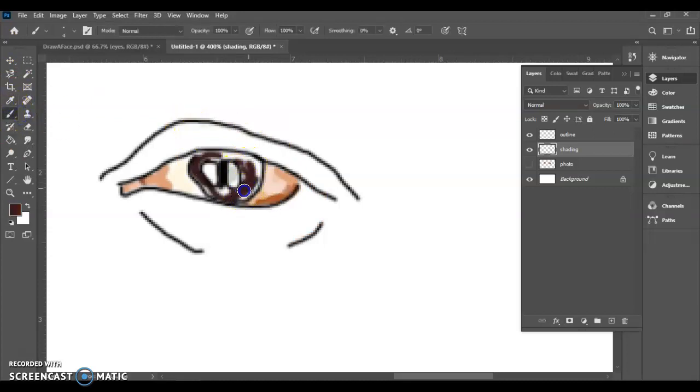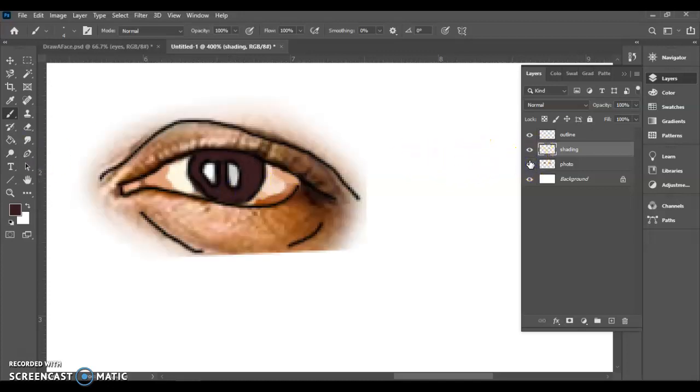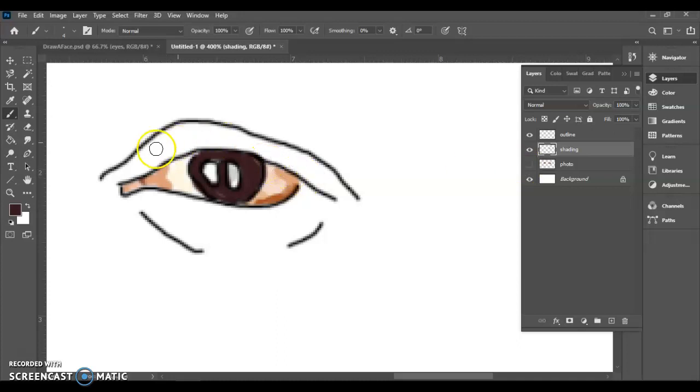And the eye in the reference image did not show a ton of value, but we're going to make it more realistic when we go into shade. And like you can see, I kind of went wonky when I traced there, so I can take an opportunity to clean that up. Okay, so that feels better. So that's the interior of my eye, and I'm going to do the eyelids next. So I'm just going to go ahead and leave this here,